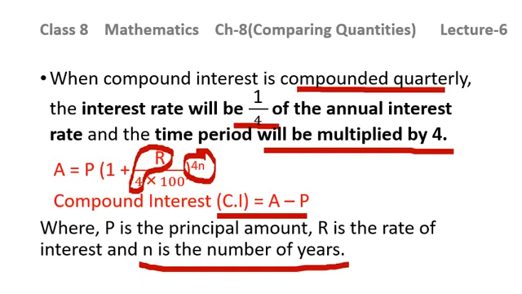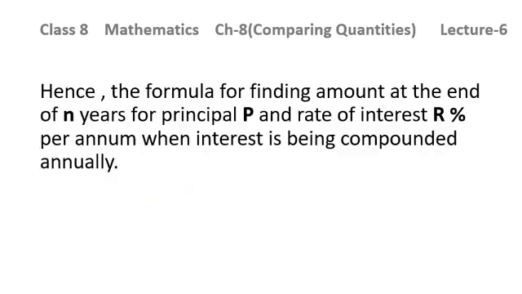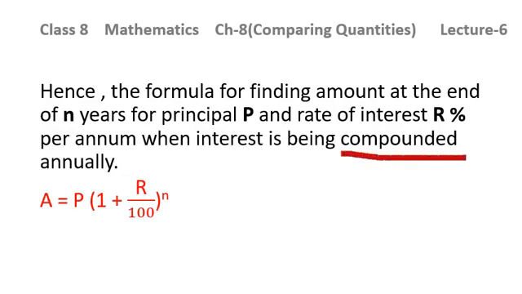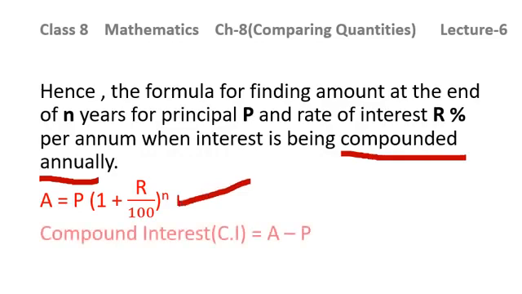So the formula for finding the amount at the end of n years for principal P and the rate of interest R% per annum when interest is being compounded annually is given by this formula. When the interest is being compounded annually, you will be directly taking this formula. A is equal to, that is amount is equal to principal bracket 1 plus R over 100 raised to the power n. This will be the formula of the amount, and compound interest CI will be given by this formula,